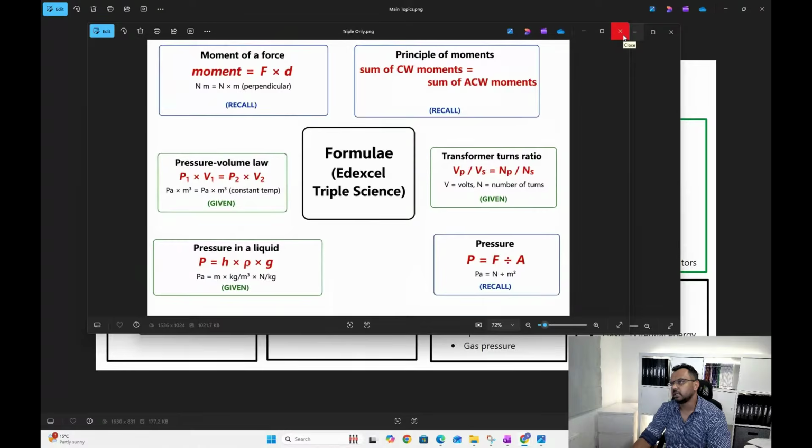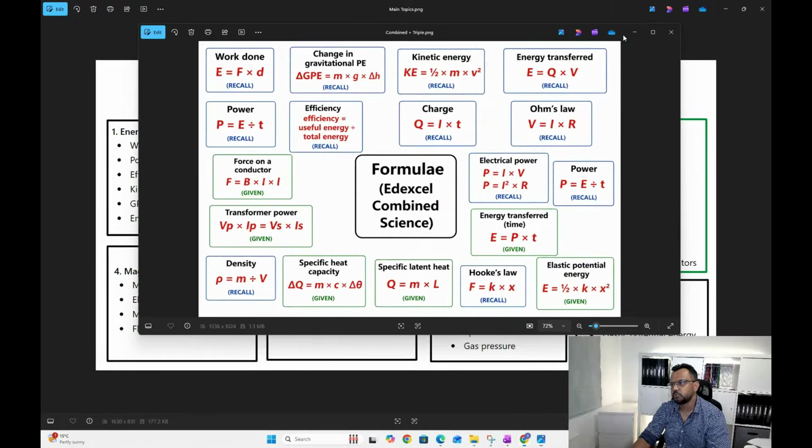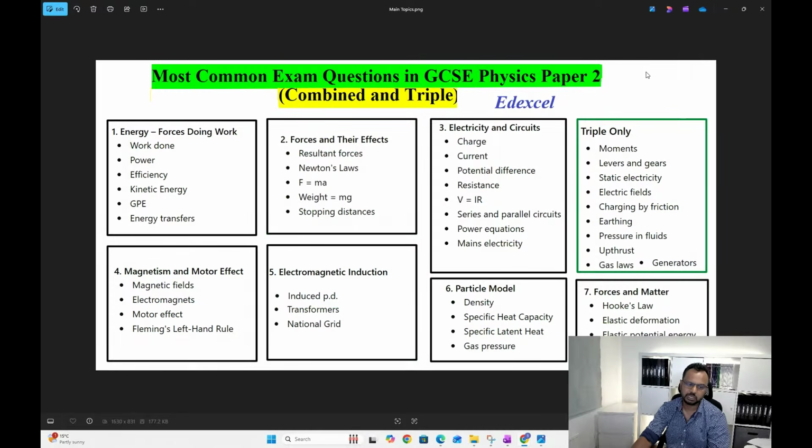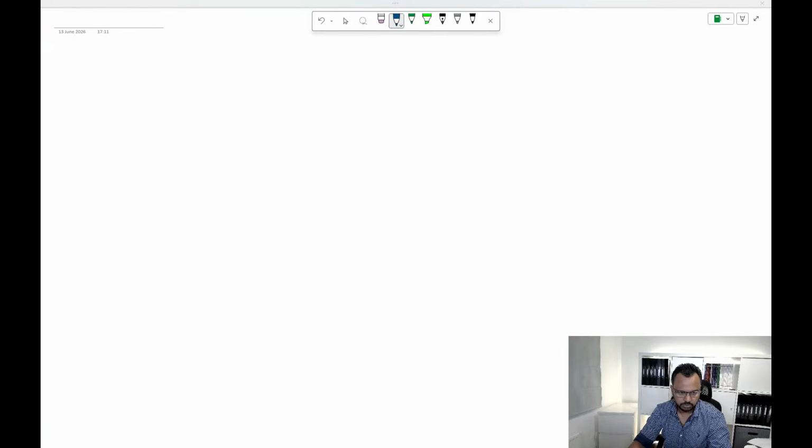But in reality, as the electricity is being transferred, obviously there is some heating taking place and some energy is lost along the way that you can't avoid. But for GCSEs, I have not really seen any, even the transformer questions, they ask you to assume that they are 100% efficient. So VP IP equals VS IS. Right. Cool. Let's do another one.